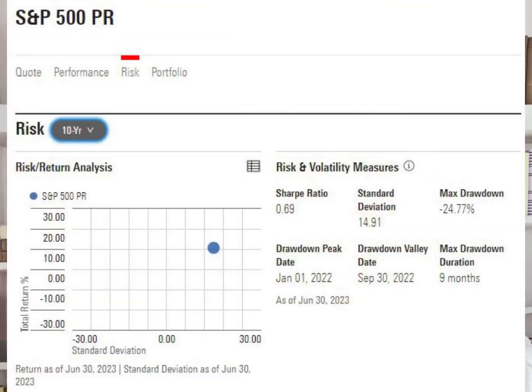And if that's the case, that kind of volatility will penalize your Sharpe ratio. But if you did it with something that earned you very stable returns, then you'll get rewarded a higher Sharpe ratio. So over the past 10 years, the S&P 500's Sharpe ratio has been about 0.69. And what that means is that roughly the stock market has returned about 10% a year, and its standard deviation, its measure of volatility, has been about